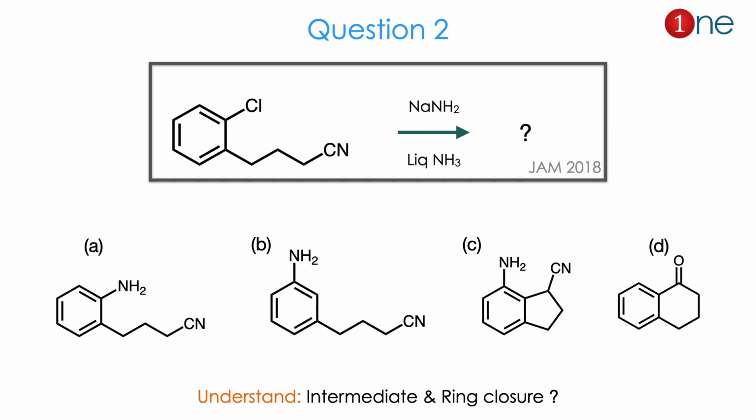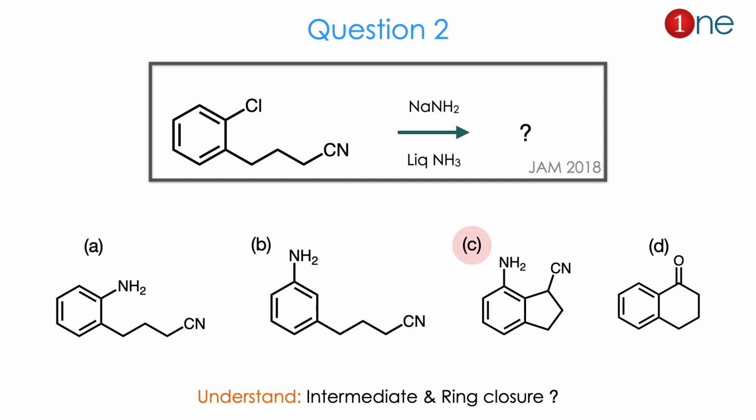The products are like amination. Where does the amination occur? Chlorine replaced by amine, or ortho-amination, or ring closure with cyanide, or ring closure with carbonyl. So there are these possibilities. From the sodamide and chlorine you might guess the intermediate is important, and definitely the ring closure possibility should be discussed here. The answer is C.